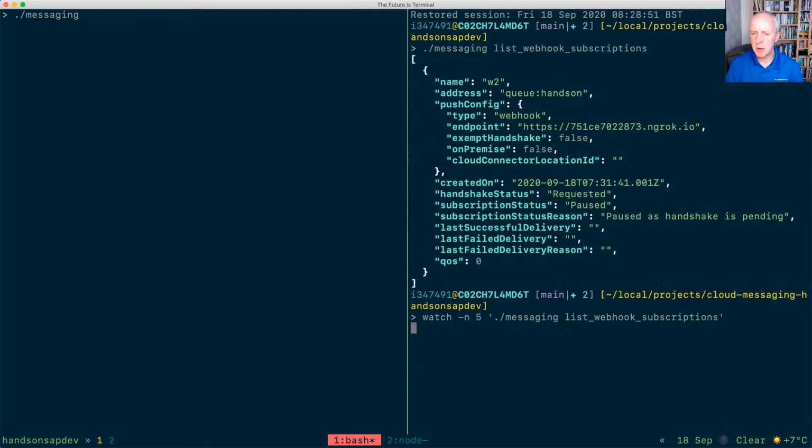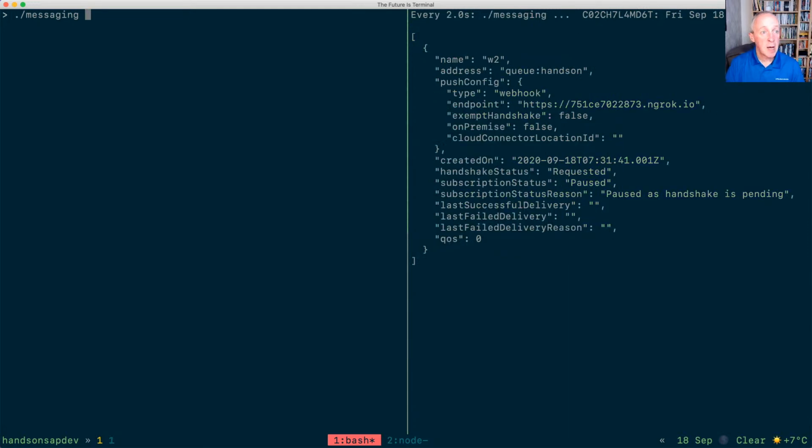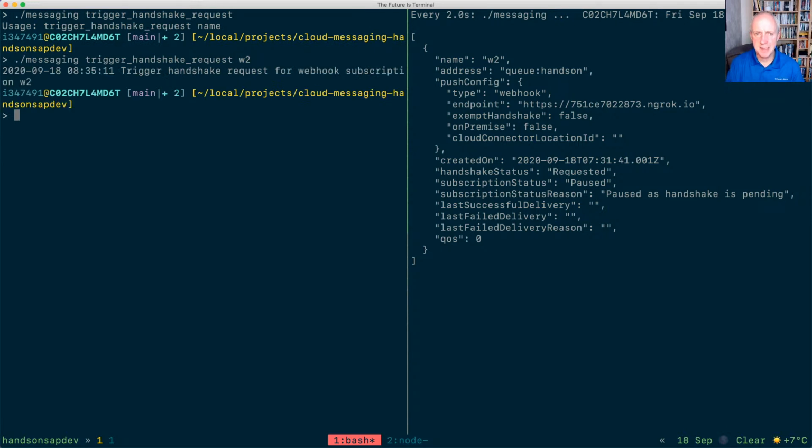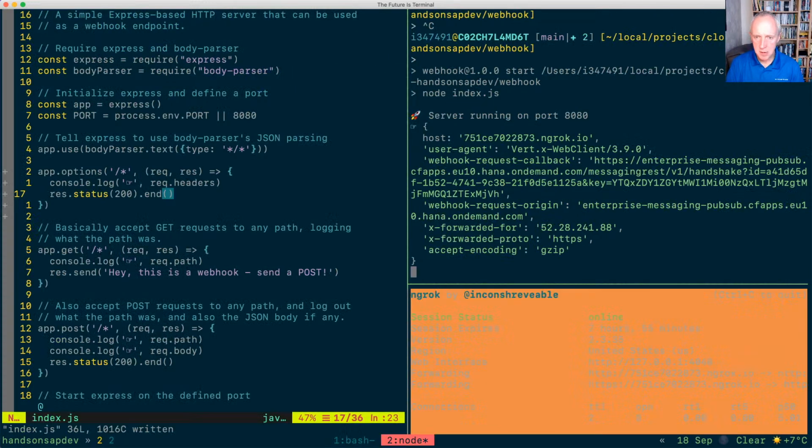Well, actually no, let's do it every 2 seconds. There we go. And now if we say trigger handshake request, what do we need for that one? We need the name of the webhook subscription, of course, W2. So now, if we trigger that, we should now see, there we go. We see that it generated